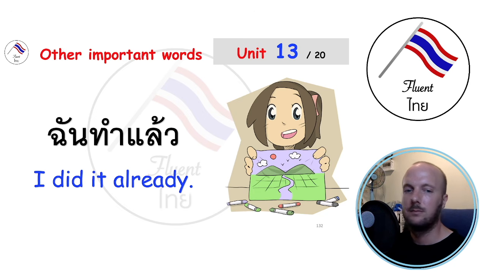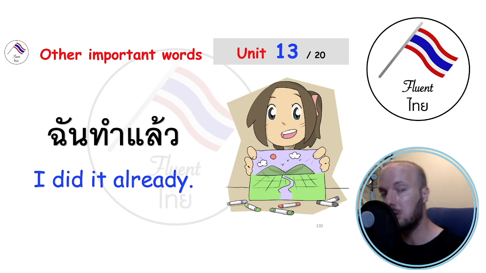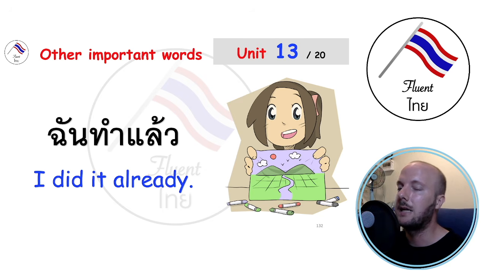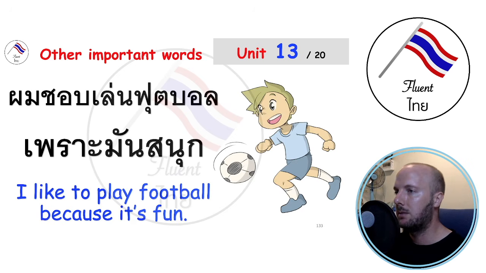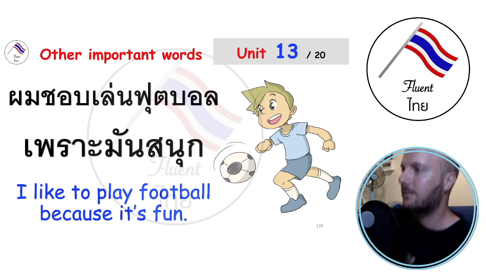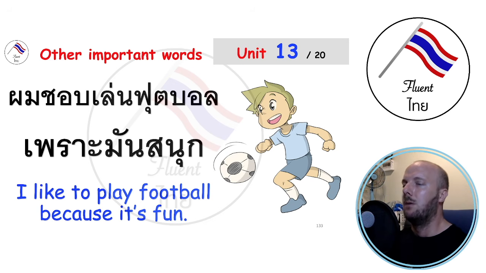ฉันทำแล้ว. There's also a shortened word for แล้ว. You could just say ละ, which is ลอลิง ไม่เอกสระอะ. ฉันทำละ. It's kind of like a very casual way to say, yeah, I did it. Yep, I've done it. Boop. I like to play football because it's fun. ผมชอบเล่นฟุตบอลเพราะมันสนุก